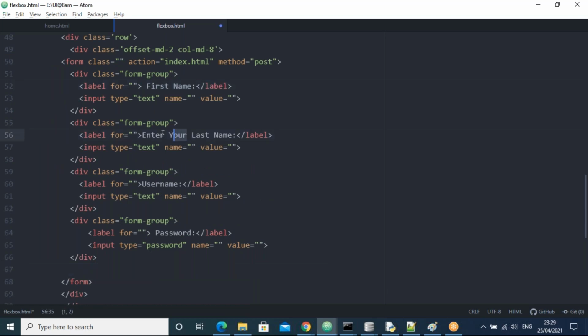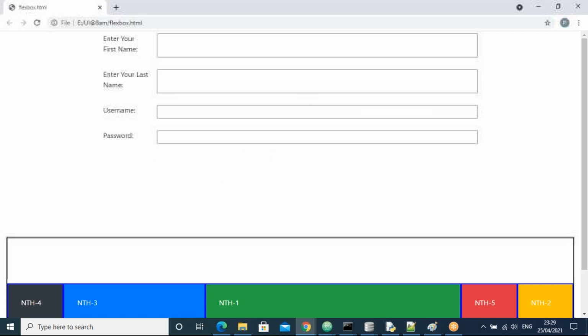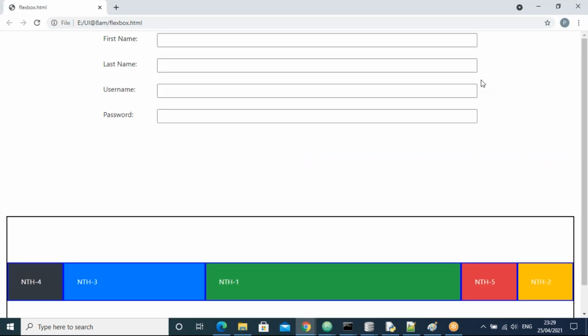We can take it any way, no problem. All of you observe here, guys. Initially the input boxes went up to the last one, but now they are managed, right?